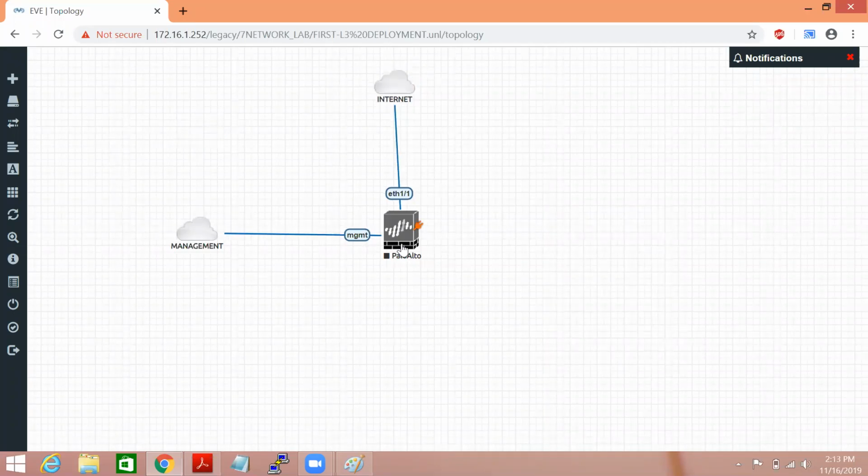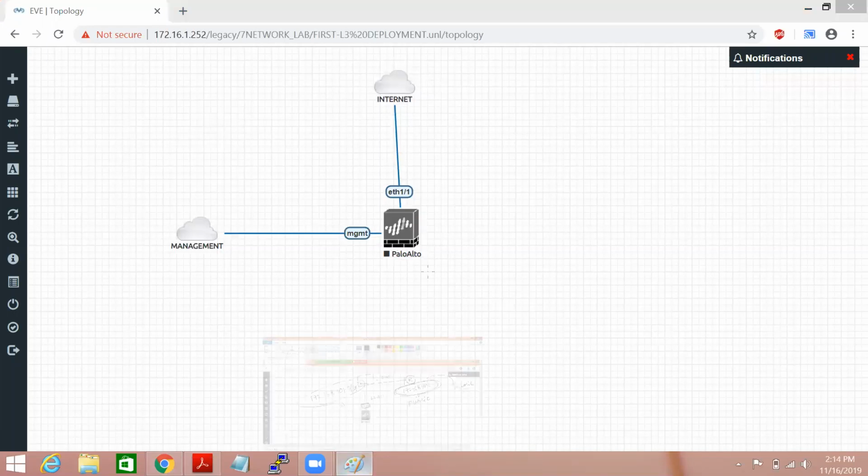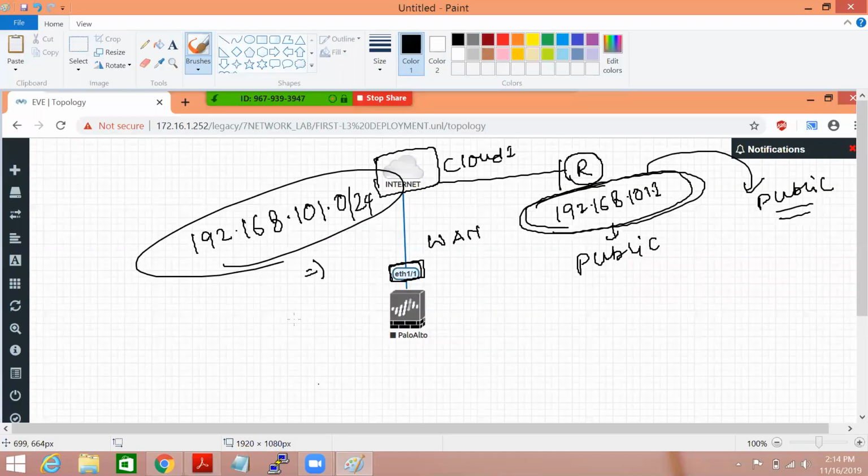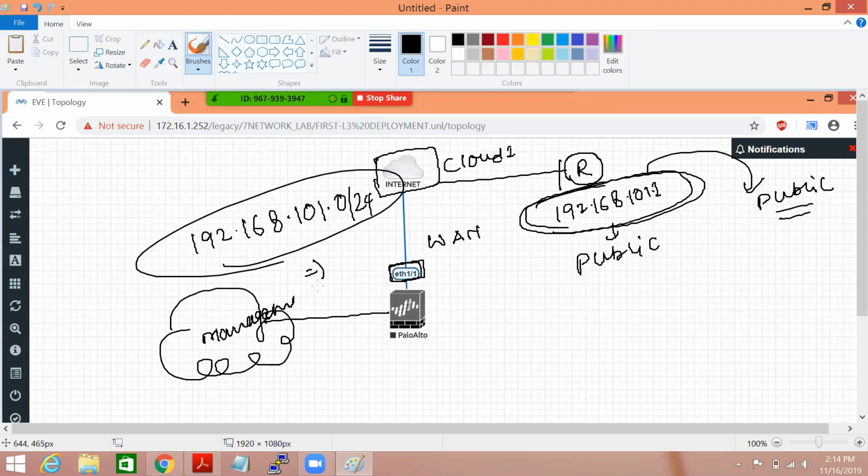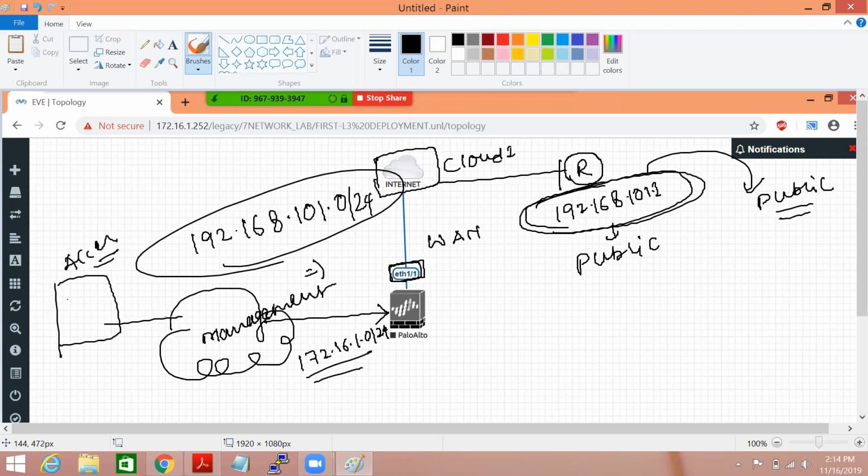So guys, next thing, what IP address you get from this management range. The management range basically has an IP subnet which is 172.16.1.0/24, and there is one physical access point, a UI access point actually, and the access point has IP address 172.16.1.1.